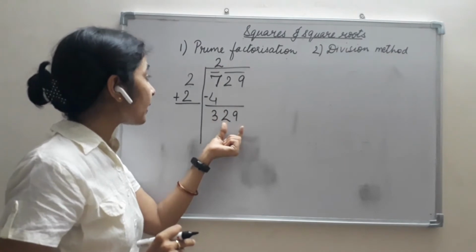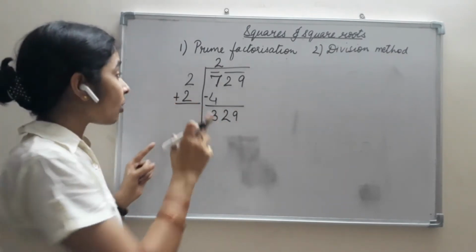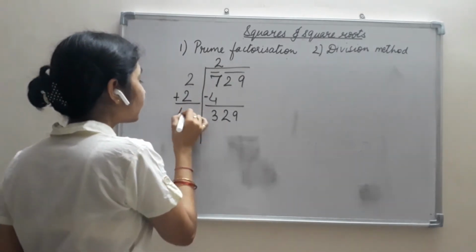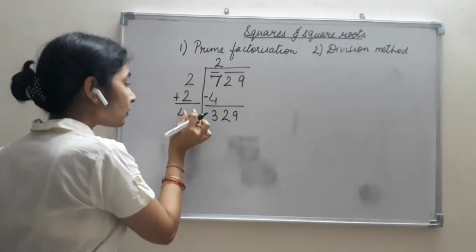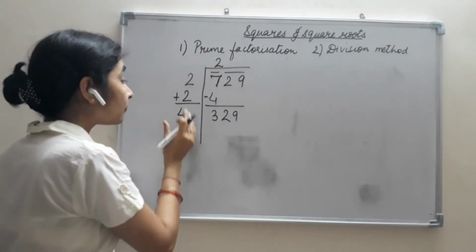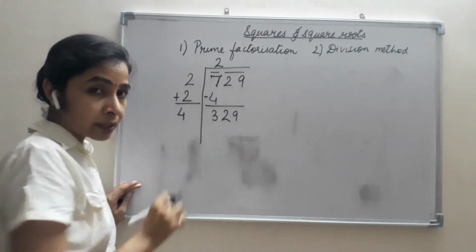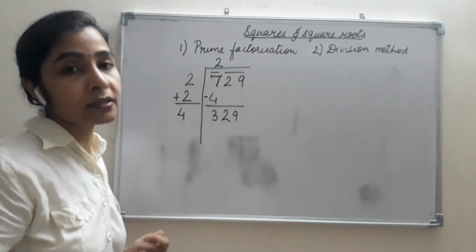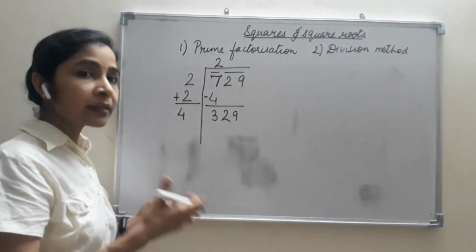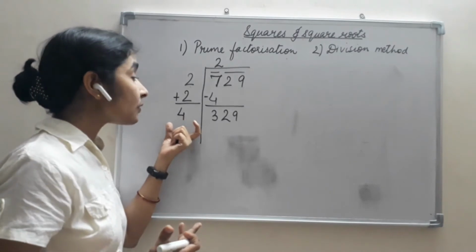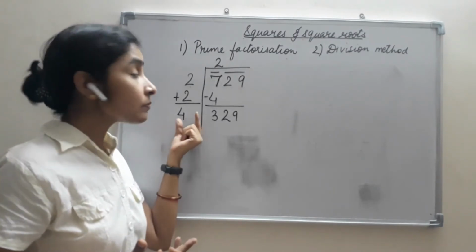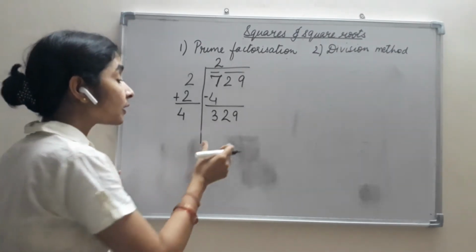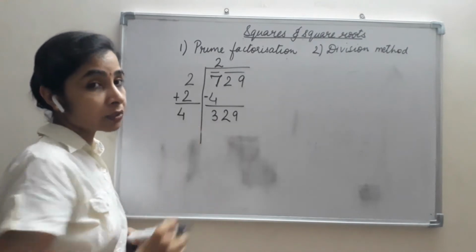I'll bring this 2 9 down, and this 2 comes here also. So see how many times I have written 2? 2 here, here, and then added 2 here. Okay, now I get 4 here. Now I have to put such a number here that when I multiply the same number to it, it gives a number which is either equal to this number or less than this number. Okay, if it is a perfect square, then I will get a number which when multiplied to this number gives me this number. But if it is not a perfect square number, then I have to take a number such that it gives a product which is less than 329.